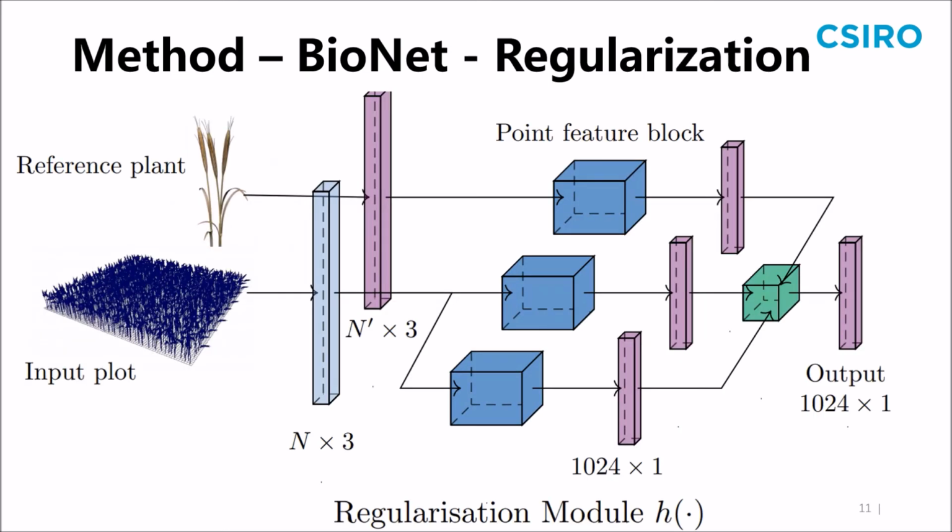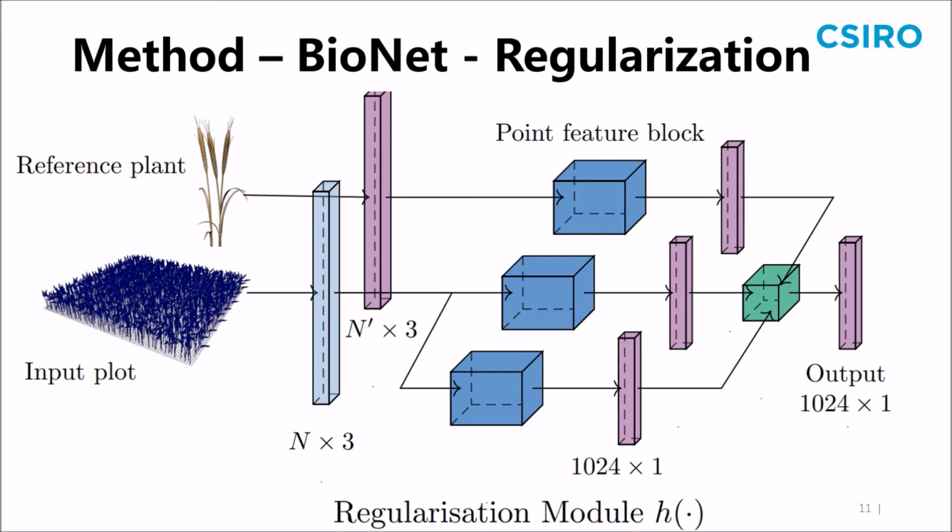For the regularization module, it is common that the point set shows a non-uniform density across different areas of a given plot. To regularize the point cloud of a plot that contains multiple cereal plants, we use a single standard wheat plant as a reference. Features extracted from the point cloud of the reference plant are used to rectify features learned from the point cloud